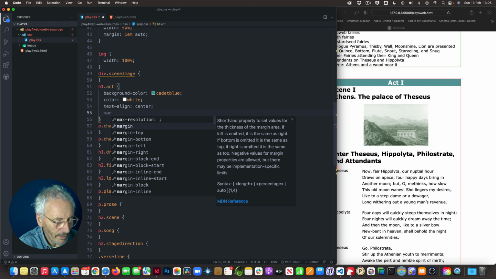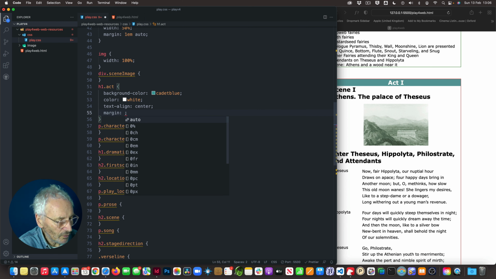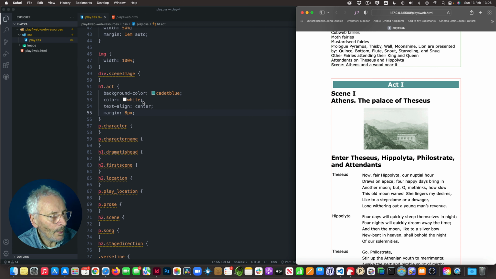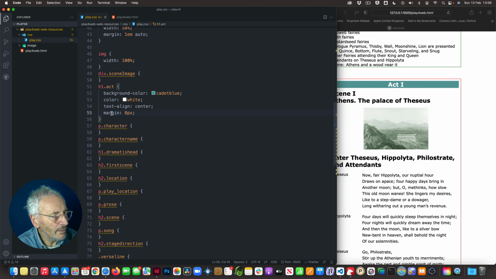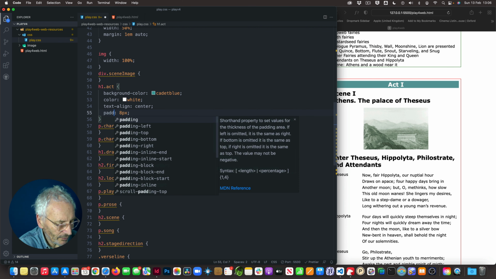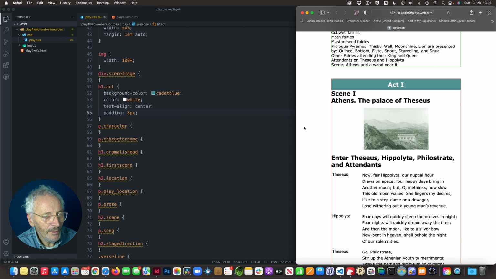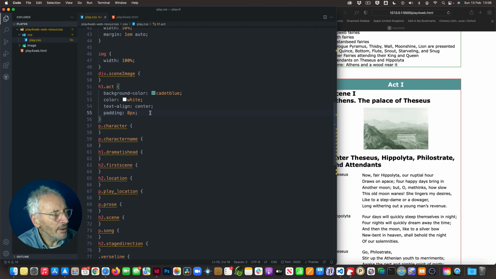So we're going to go for margin overall, say 8 pixels. And then a padding equally. We'll change that to padding for the moment. Okay, that's better. Now we probably want to increase the size of that, so I'm going to make that